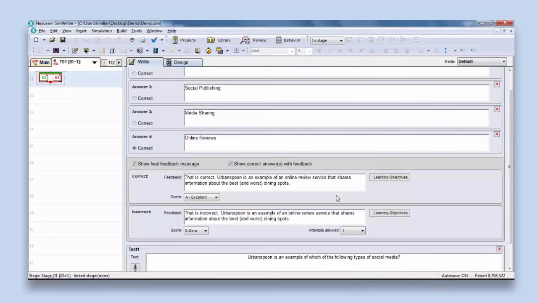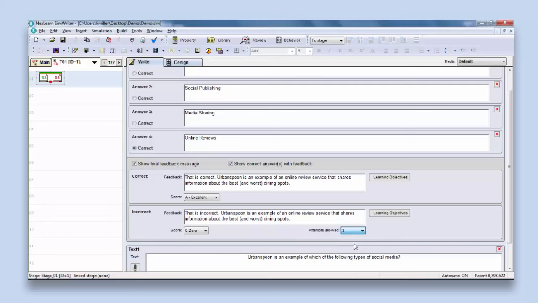One other thing I want to point out as well, below the feedback field, we also have this attempts allowed. You can set how many attempts you want to give your student to get this question correct. I'm going to leave it by default set at 1 because we're going to build this in a few minutes and I'm going to show you what it looks like. But just know that we give you up to 9 attempts, or you can have unlimited. If you choose a certain number of attempts, like if I say I want to give my student 3 attempts to get this